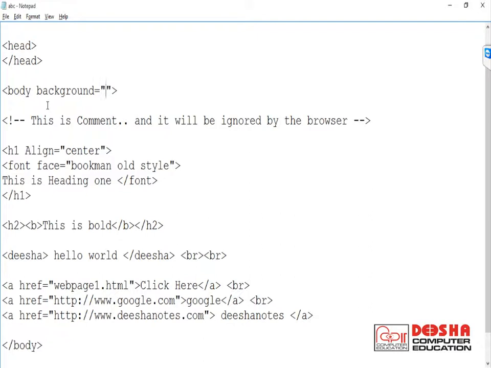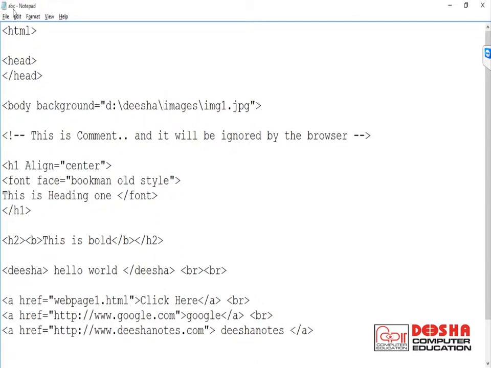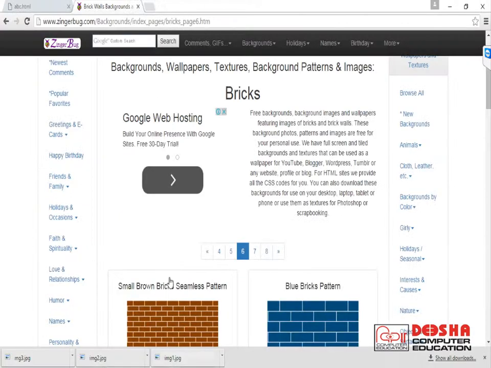How to write the URL of the image? Directly write like this: images/img1.jpg. You can write like this also: D drive/disha/images. Now this HTML file we are saving in the Disha folder. So Disha is the parent directory, and if you want to refer to the parent directory, no need to write this. Simply you can write the subdirectory/name of the file. Now save this and check the output.